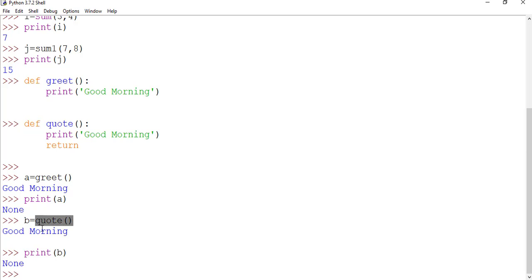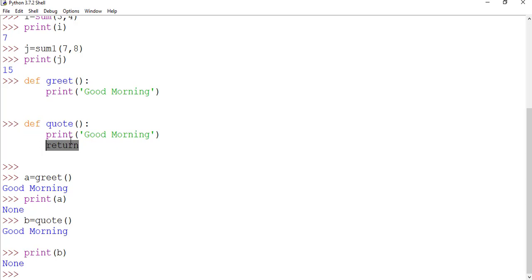So whenever we call this function got, what will happen? The control will be transferred to this statement, and then the next statement will get executed, which is print good morning. It will print good morning here. After that, what will happen? It will return, but this return statement has no value with it. So what will it return? It will return None.